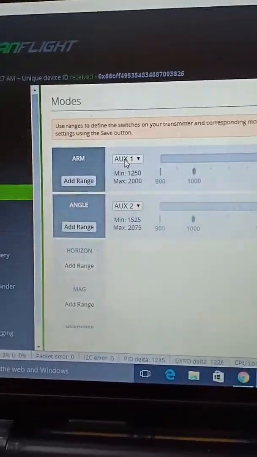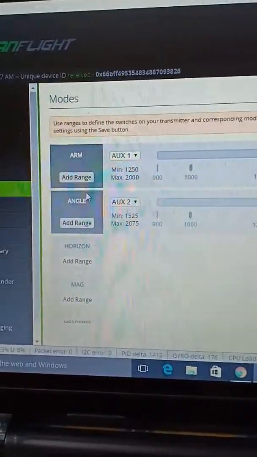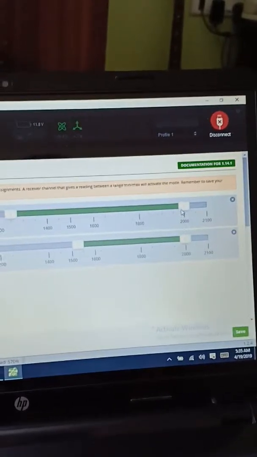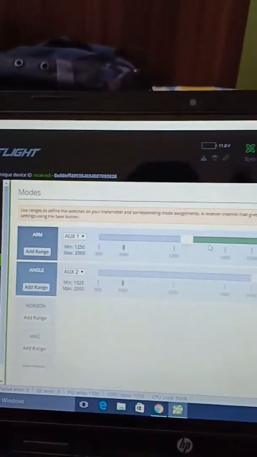Next comes the modes. This is the interesting part, the arm section. So you can arm your quad with the auxiliary switch 1 and 2. So 2 is for angle. You can add a horizon. You can arm it with that. So once you move your toggle switch, it goes along a slider from 1000 to 2100, or you prefer to say 2000. So 2000 is the maximum range that your transmitter can reach,